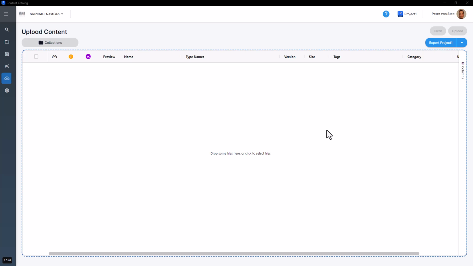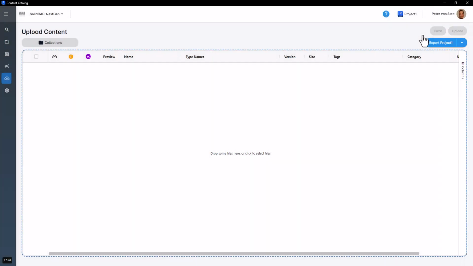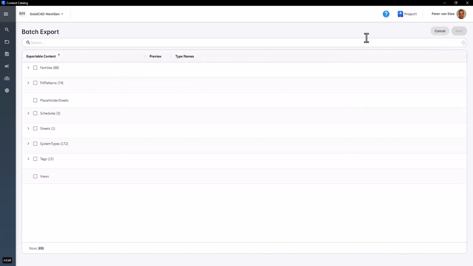We can also upload content from inside of a Revit project by selecting which project we want to upload content from, up here in the top right corner, choosing the appropriate project, and selecting Export. Here we can navigate through and select a bunch of different families, schedules, system families, views, and many more. In this case, I'm going to go